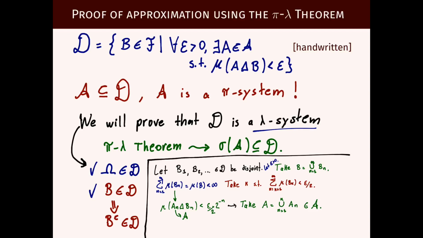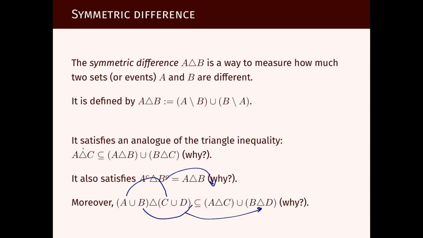In order to conclude the proof, we just need to estimate the measure of the symmetric difference between A and B. And here, using the last property that we stated for the symmetric difference, that when we are comparing unions, we can group terms, we can make a correspondence between terms of these unions and compute the symmetric difference of each of them alone and take the union.